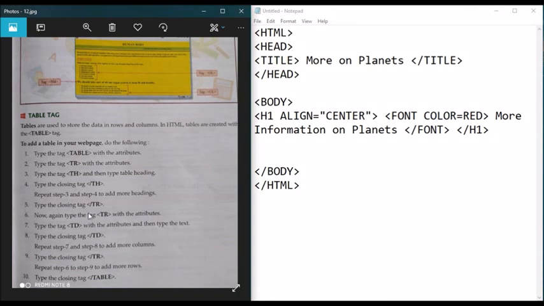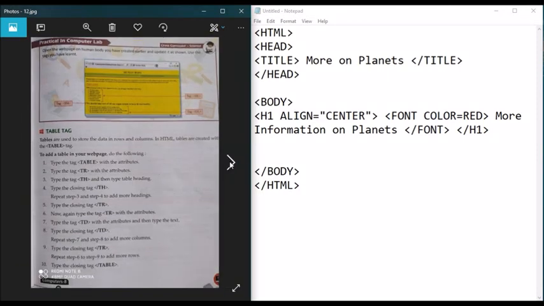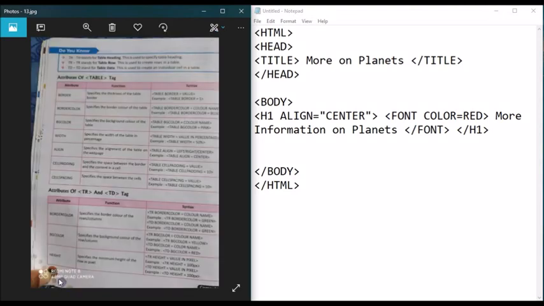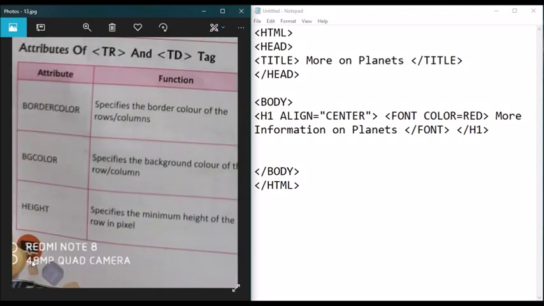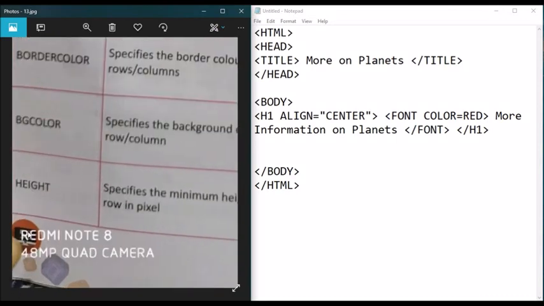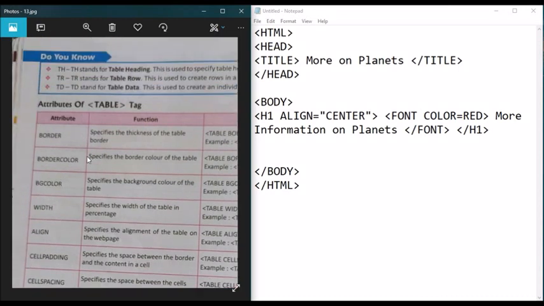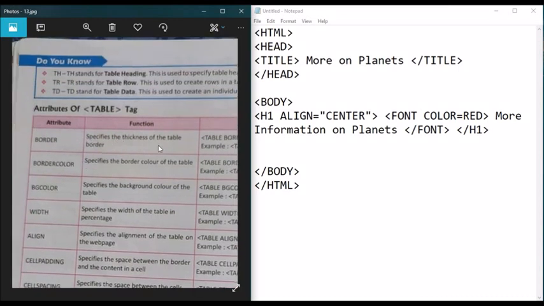Then after that we have two more tags, that is the th and the td. Th is generally considered as the table heading and td is considered as the table data. So I'll be showing you the example that is given in your book, that is on your page number 59. I think it's not very clear here. So I'll be showing you how to create a table using the table tag, th tag, tr tag,